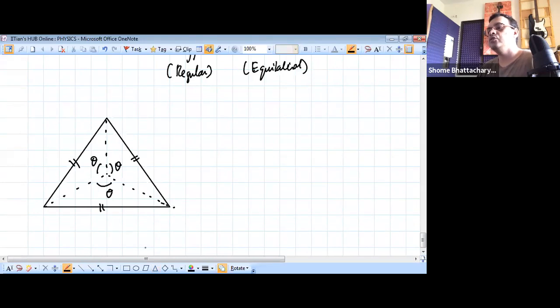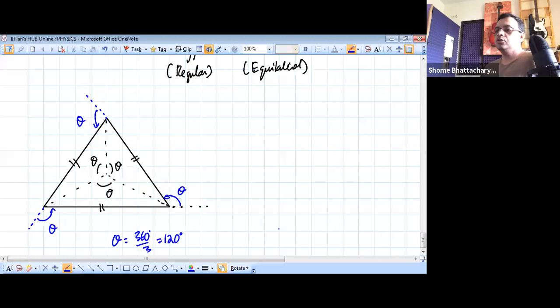And if you draw the sides as vectors, you'll also realize that the angle between any 2 consecutive vectors will be the same. This exterior angle will be the same as this exterior angle, will be the same as this exterior angle,